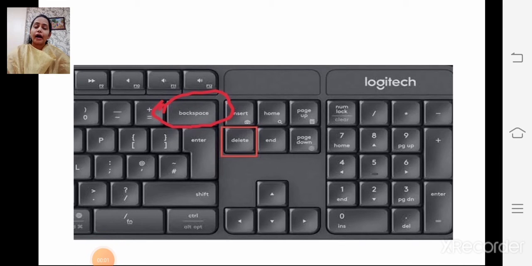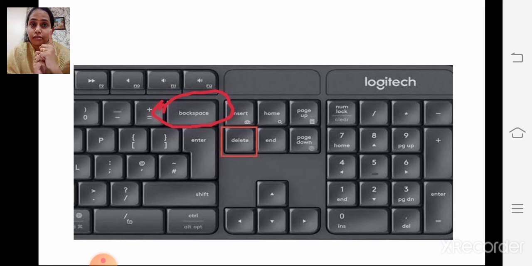Children, I hope you all understood how to insert the text and how to delete the text. Right, children? Which keys have we used to delete the text? One is the backspace key and one is the delete key. Backspace key, suppose this is your cursor and you want to delete the left side of the text, you will use the backspace key.